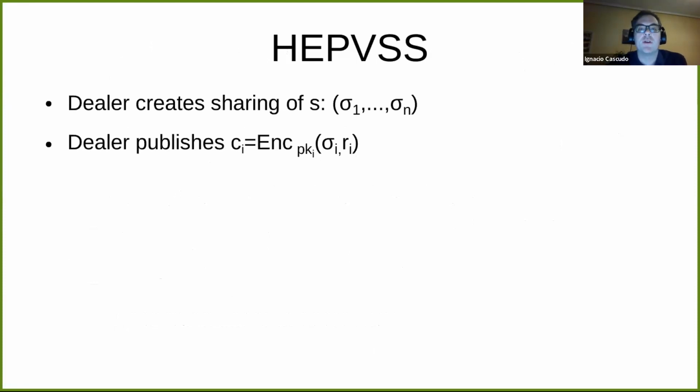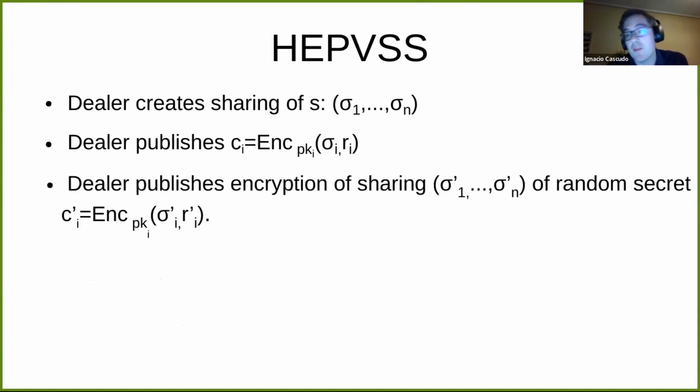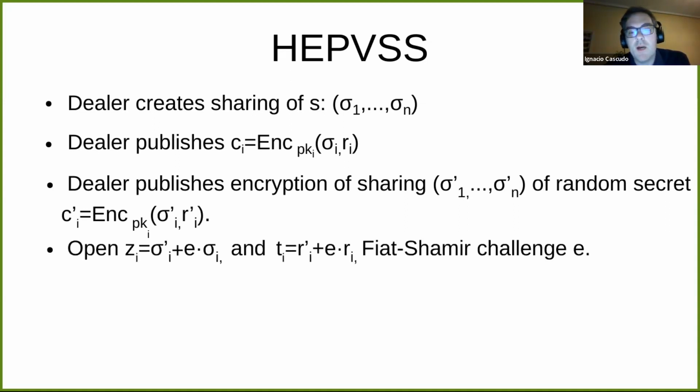You can construct a publicly verifiable secret sharing scheme in the following way. So the dealer will share a secret using a linear secret sharing scheme, for example, Shamir. Then we'll publish the encryption of the shares under the public keys of the parties that are going to receive the shares. And then it's going to do the same thing, but now with a random sharing. So it's going to take some random secret, create a random sharing, and encrypt the shares, and publish those values. And now we can see this last thing as a first step of a Sigma protocol,